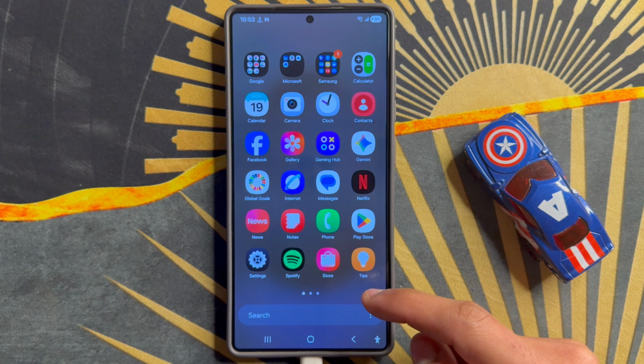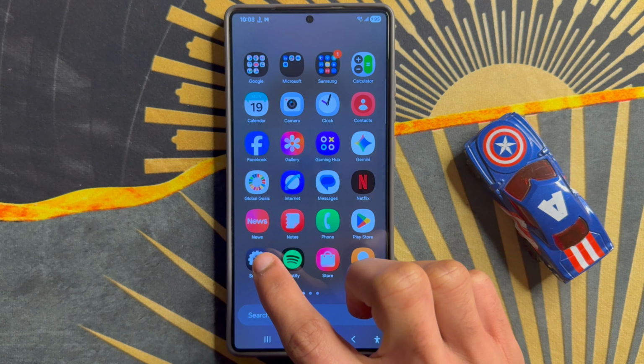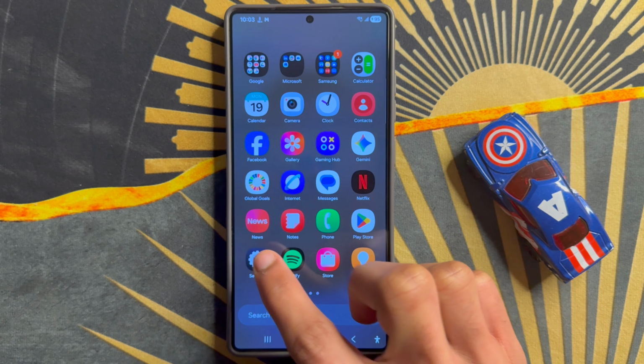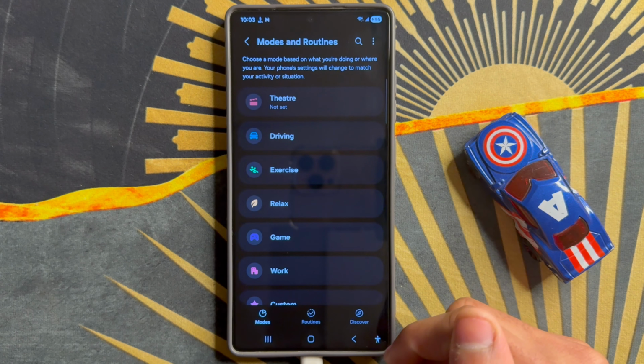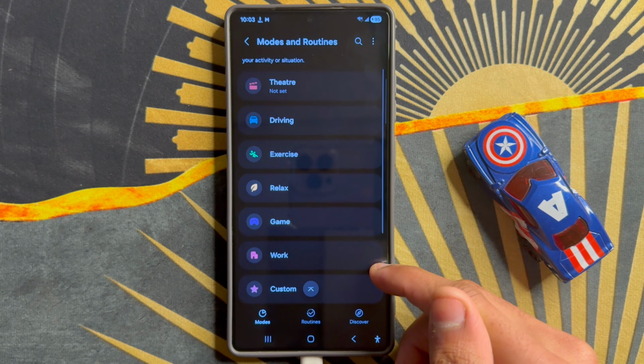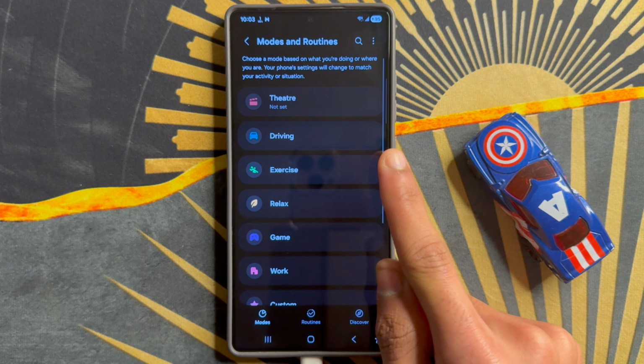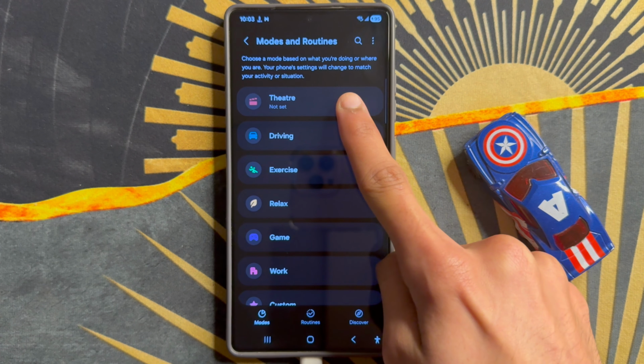Here, click on the Settings app. Now in Settings, scroll down and click on Modes and Routines. After clicking on Modes and Routines, scroll down and you will see the first option is Theater. Click on Theater mode